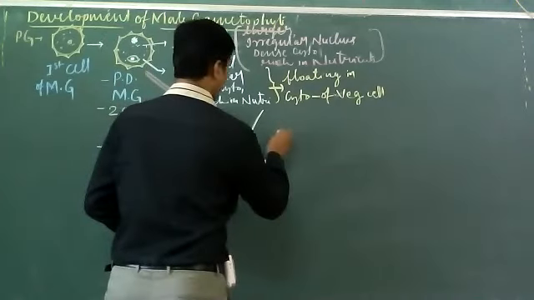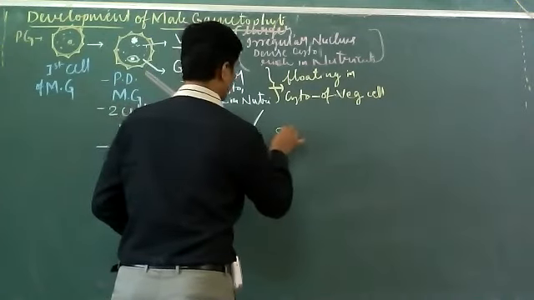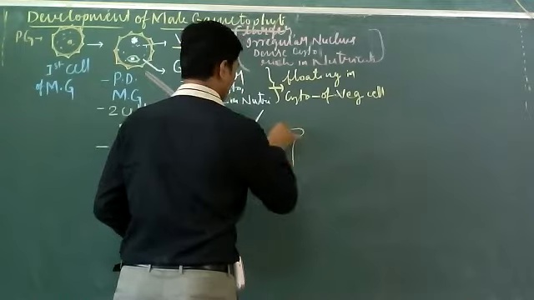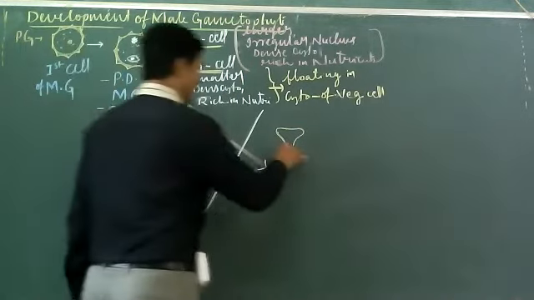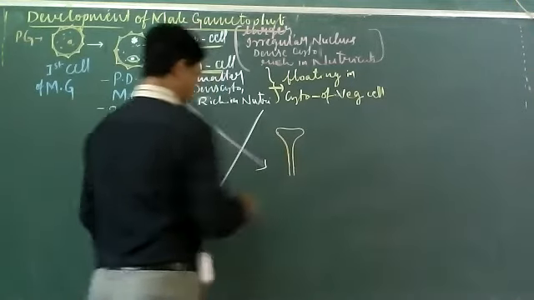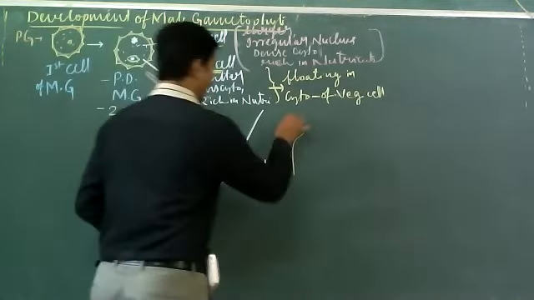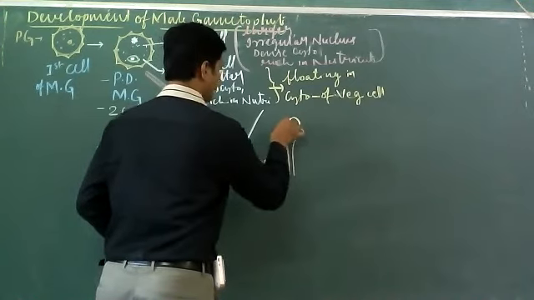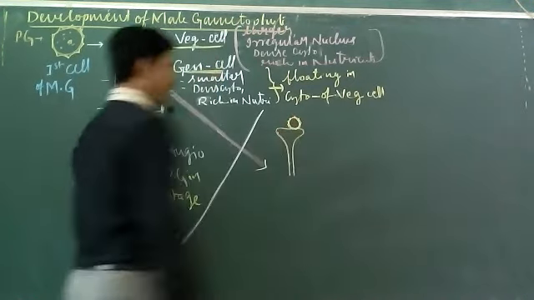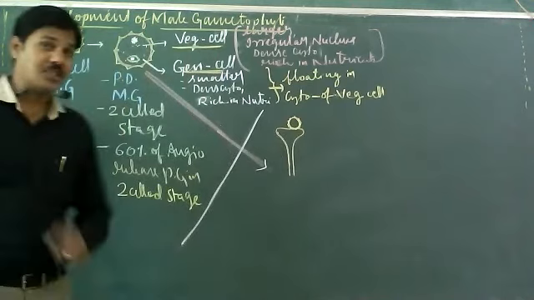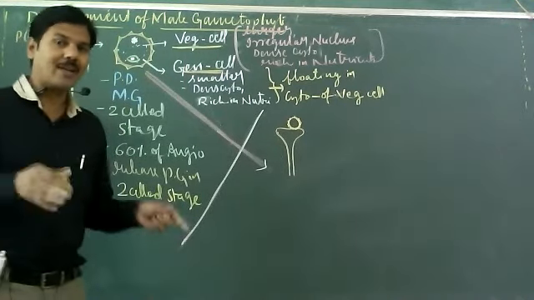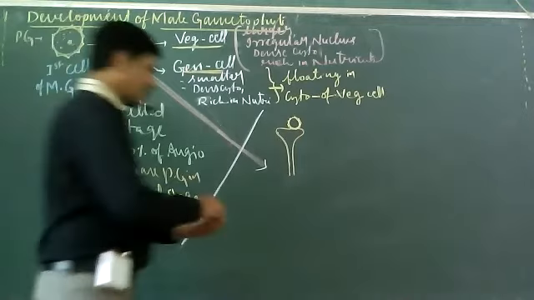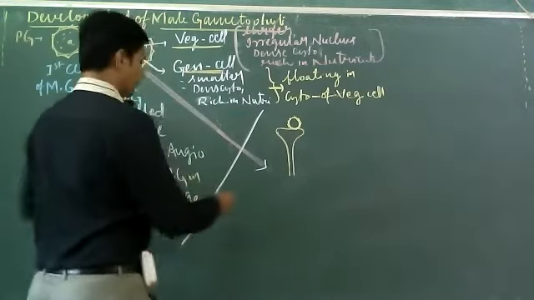Simply to understand, this is sigma. Yes or no? Now you have to say what is this? Pollen grain. That means pollination is over. So after pollination, what really happens? So after pollination,